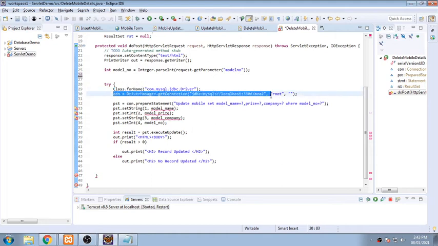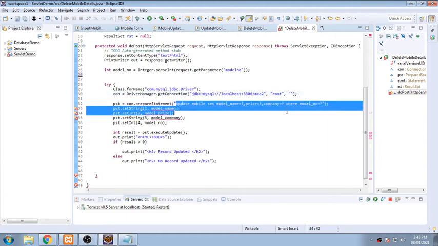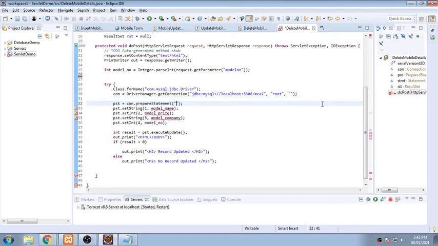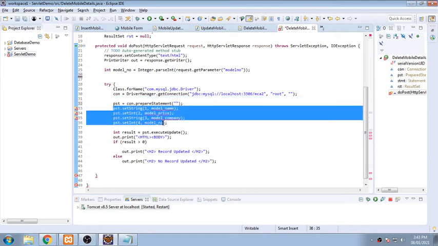This is the same database we are retrieving from, that is JDBC colon MySQL localhost 3306 MCA2 with root and password. Now here the query will be changing totally. Your prepared statement will be changing totally.